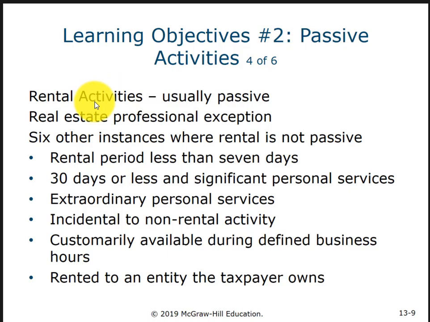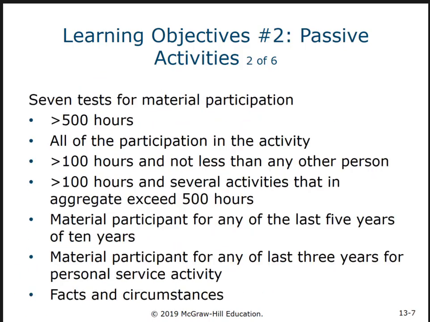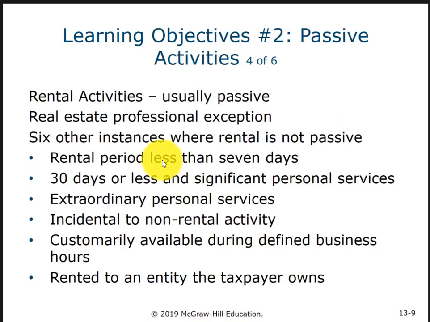So back to the idea of rental activity. This is tying us back to Chapter 8, where we learned about rental activities. The assumption is that rental activities are passive. We talked about the real estate professional exception in Chapter 8, the 750 hours and more than half of your activities. That would make it active. You can see that is a far higher standard than these standards. So yes, you can have rental real estate activities that are material participation, but it's really a much more difficult